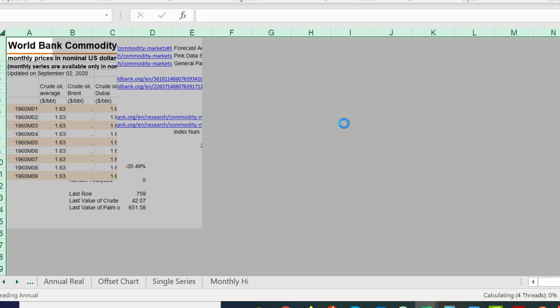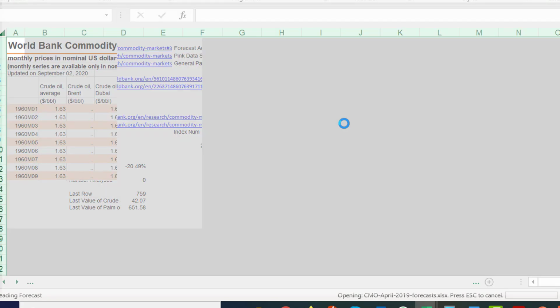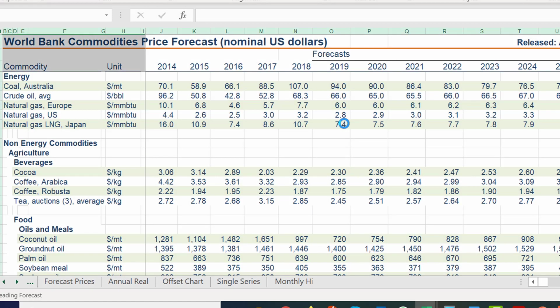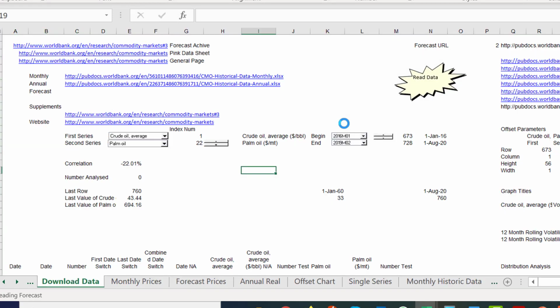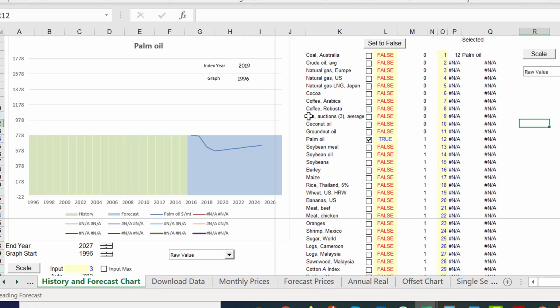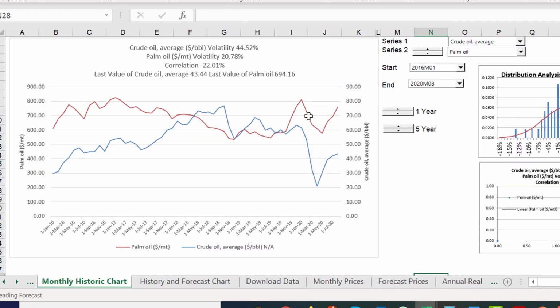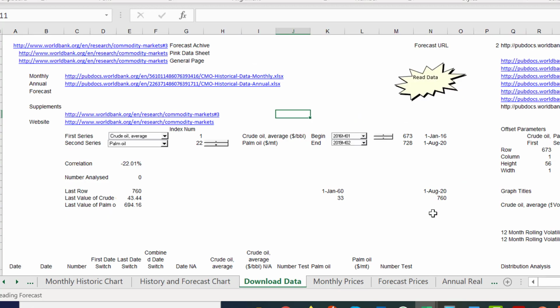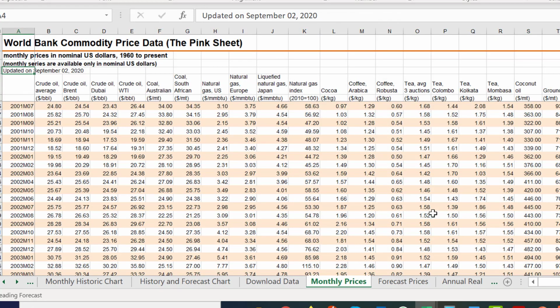And with a class like this, I hope I'm not giving away the class. I'm really doing this for people who've actually taken the class. And the class would be less expensive than some of the modeling classes. How's that? And now we get both the updated forecast, I hope, and